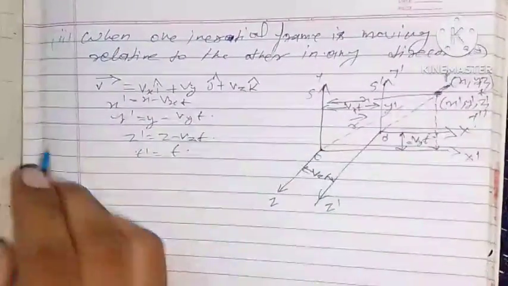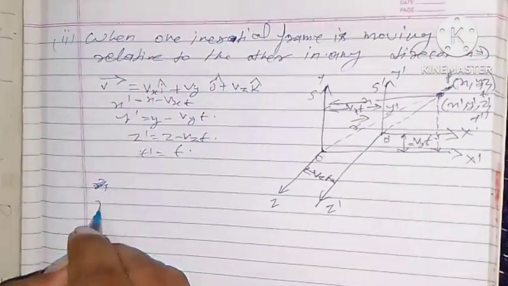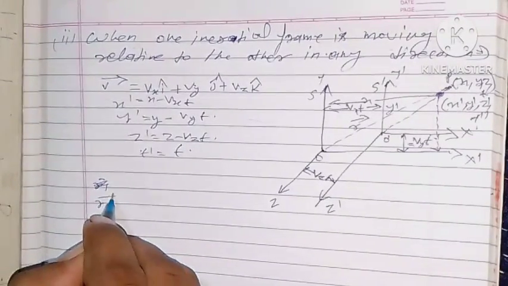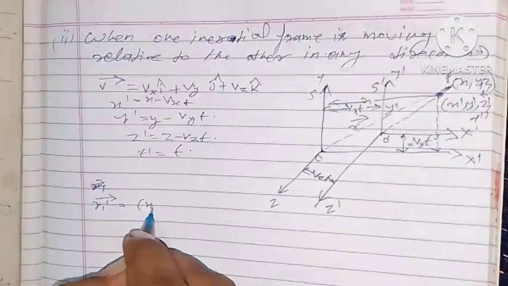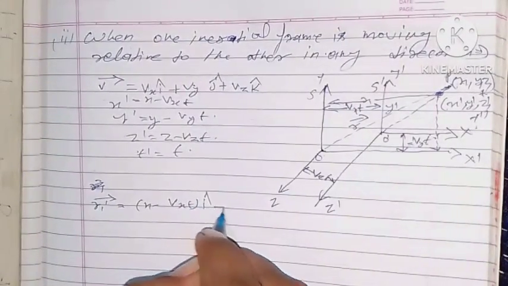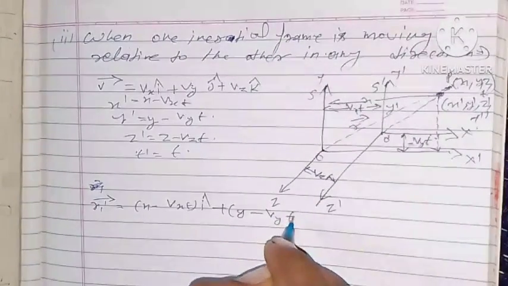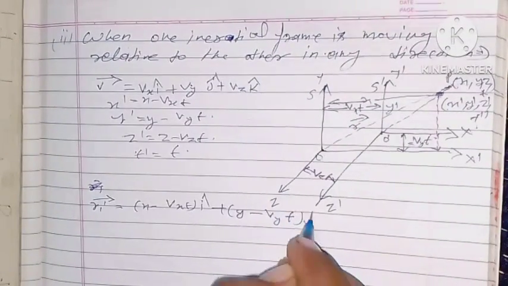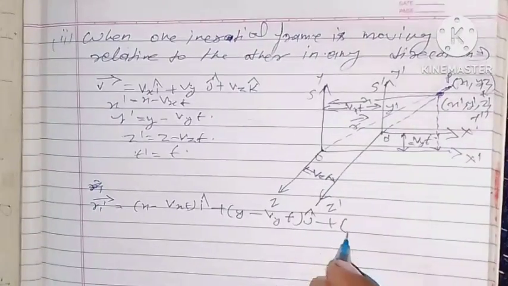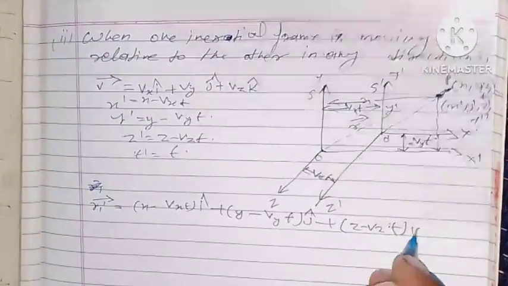Then in this case, vector r dash equal to (x minus Vx t) i plus (y minus Vy t) j plus (z minus Vz t) k